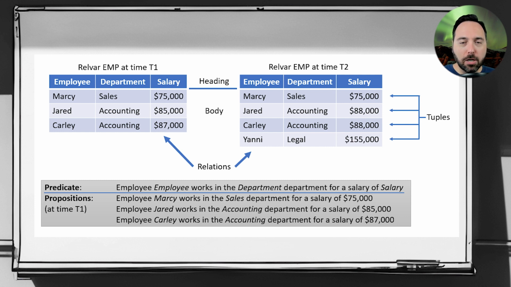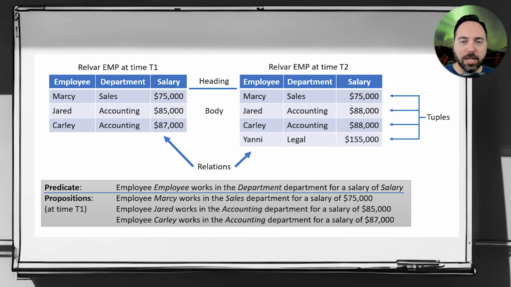The layman's term we would use here is table, but we lose a bit of nuance because it turns out that we really mean two different things by relation. The first is something that Date calls a relation variable, or relvar. My relation variable is called EMP, and it represents a collection of employees and relevant information about them.